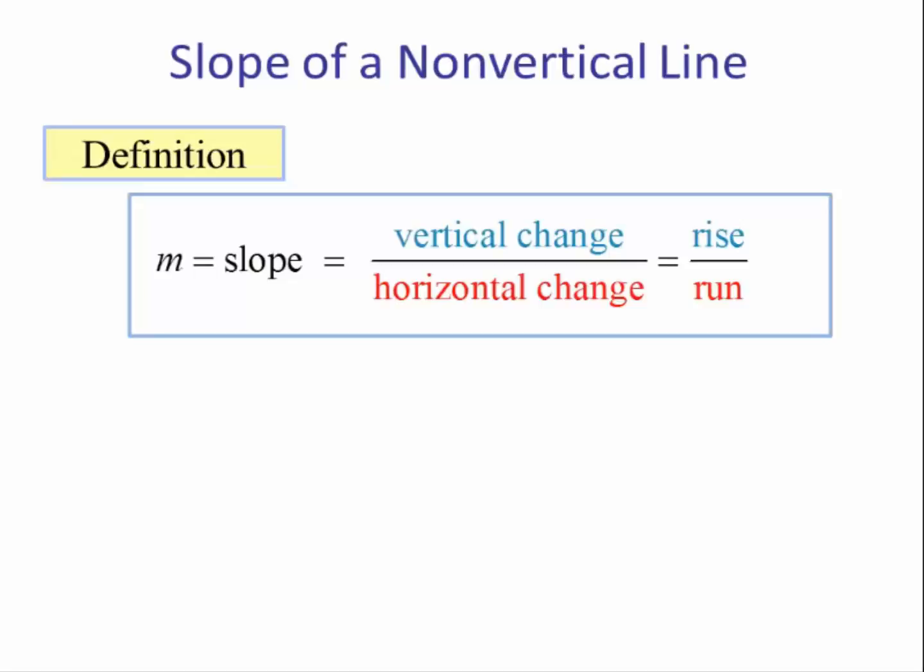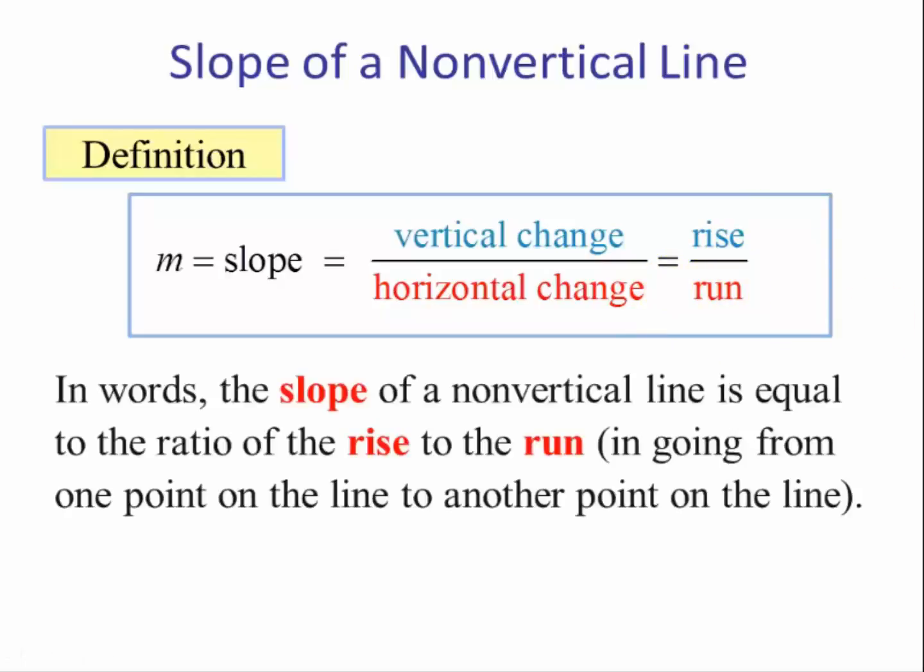Let's define slope. Slope is denoted by m, and it is equal to the vertical change over the horizontal change. And if we think of this graphically, it's what we call the rise over the run. Now the rise is the change in the vertical, the run is the change in the horizontal. The way I keep it straight in my mind is you have to rise, you have to get up before you can run. So rise is going up or down, and run is going left or right.